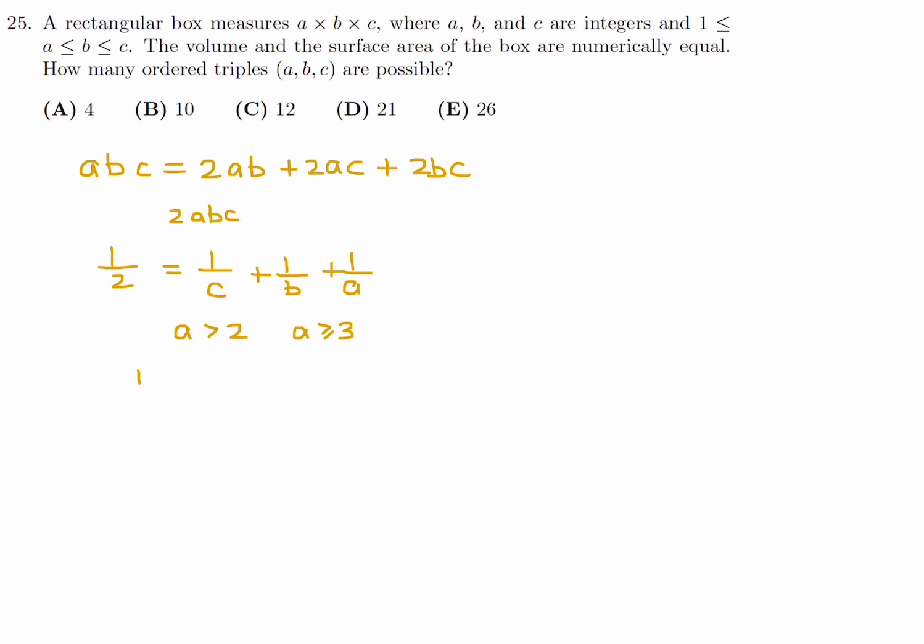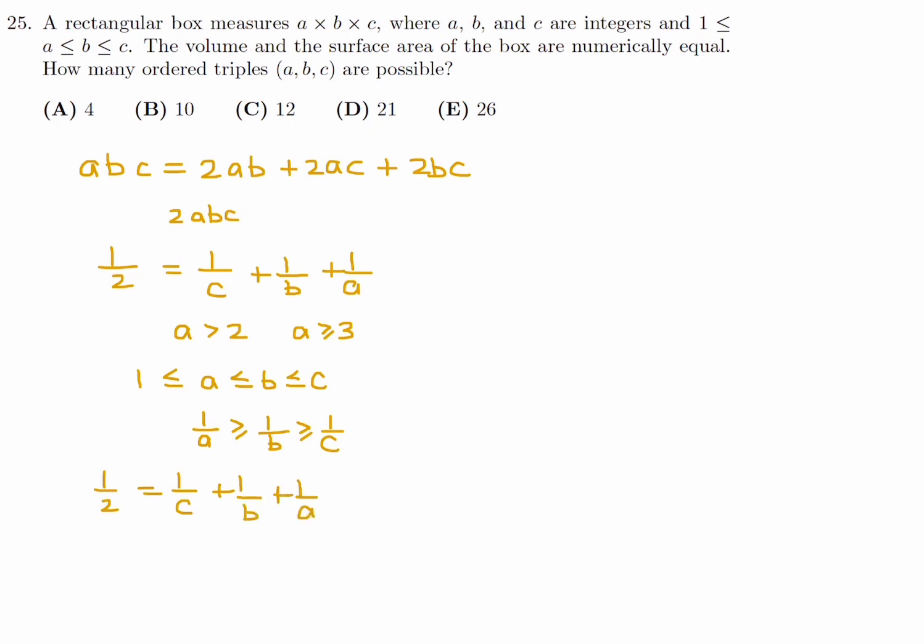Now, from that inequality, 1 is less than or equal to A, less than or equal to B, less than or equal to C. If we flip it, we get the following. You get that 1 over A is greater than or equal to 1 over B is greater than or equal to 1 over C. So that means that 1/2, which is equal to 1 over C plus 1 over B plus 1 over A,